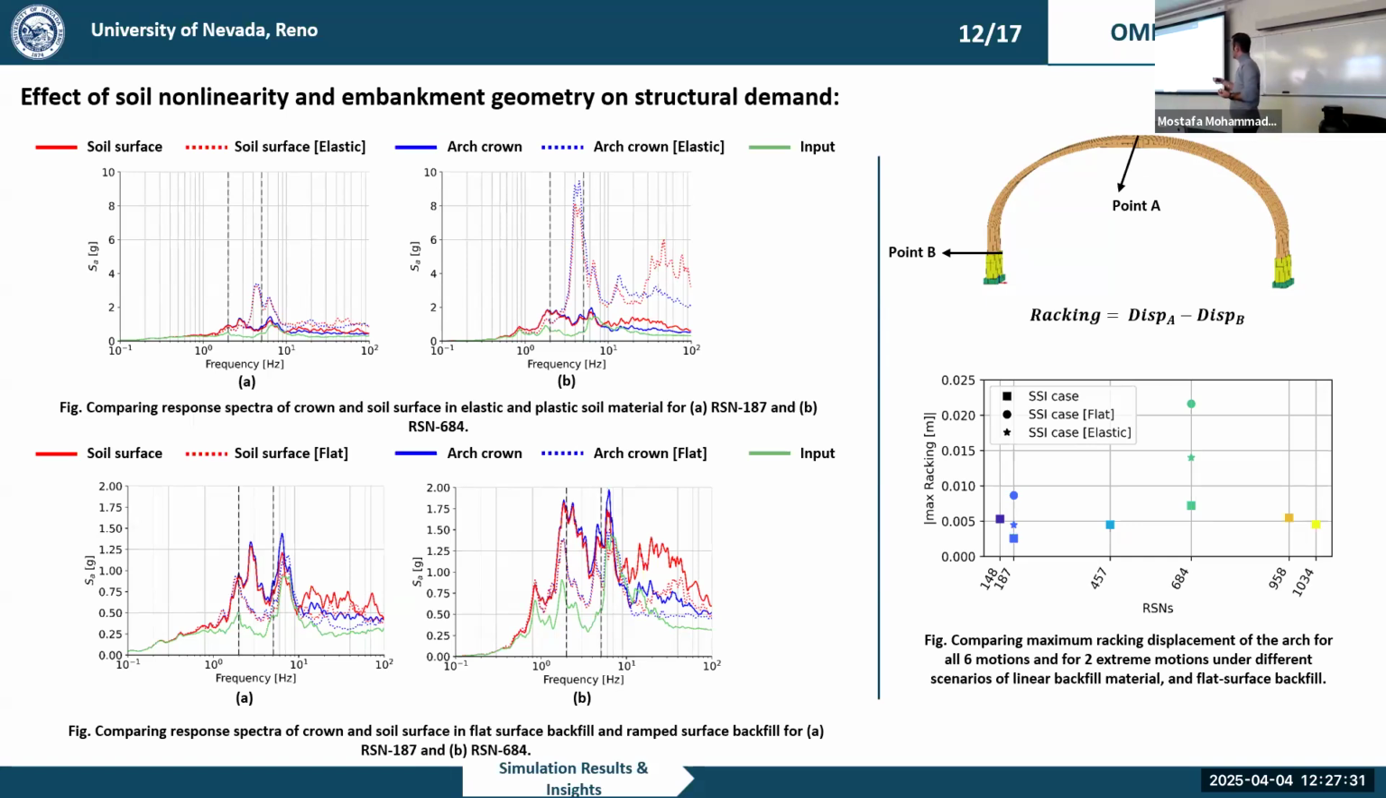When we make it elastic, in both RSM 187 and 684, we are seeing a significant jump, and both of them are happening around the second mode of our structure. But when we increase the amplitude of motion, which is RSM 684, that jump would be even more dramatic. And you see that it reaches an SA of 10 Gs. And this is actually an indication that we needed to use those types of nonlinear material,